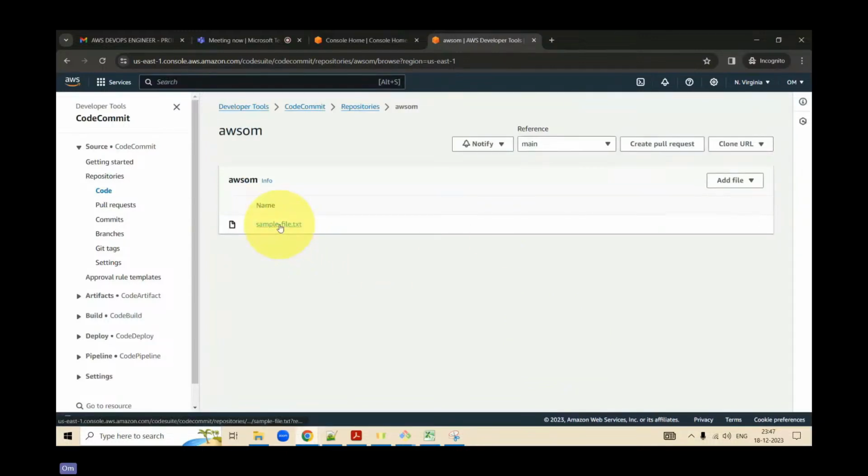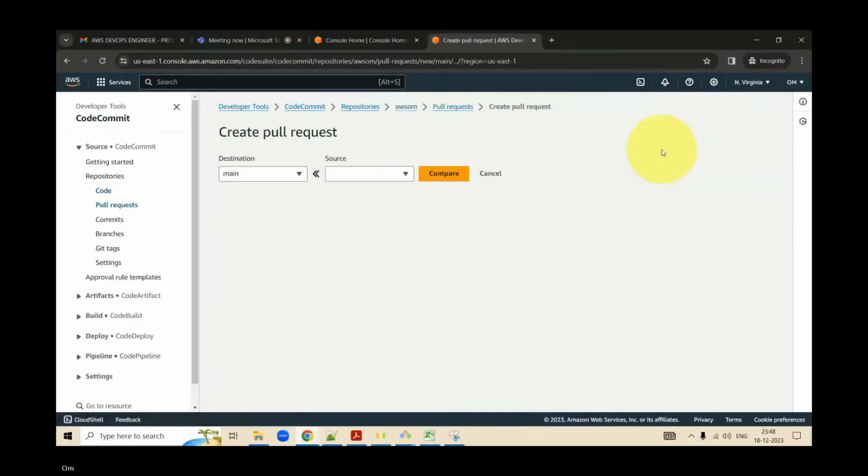Now this is a sample file, right? If you remember, I modified the sample changes as well. Now, if I want a sample file to be copied onto my local, I click on create a pull request. So what I'm doing is I am a developer and I want to move that code into the main branch. The default branch is main branch.